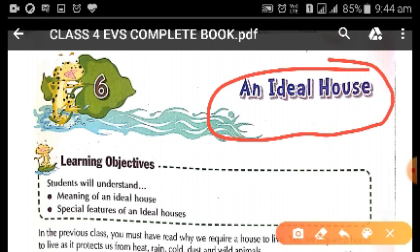An ideal house. So here first we try to understand why do we need house. We need house to live. House is a place that satisfies your needs and offers all the comforts which you and your family need.